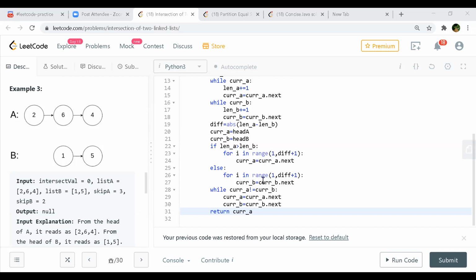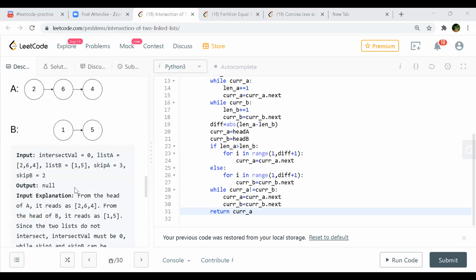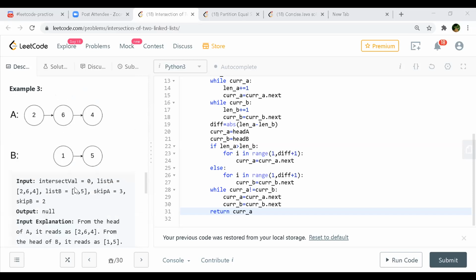So, but being a linked list, you'll always have to do at least more than one pass to find a length. Whatever is optimal, what you say, implementation is. I don't think so. You can do it just within O of n. Yeah, that is possible in a single pass. Even if you want to convert the whole thing into an array and store it somewhere, we still have to traverse. Oh, space will be more in that case. Yeah, more. Okay, no problem.